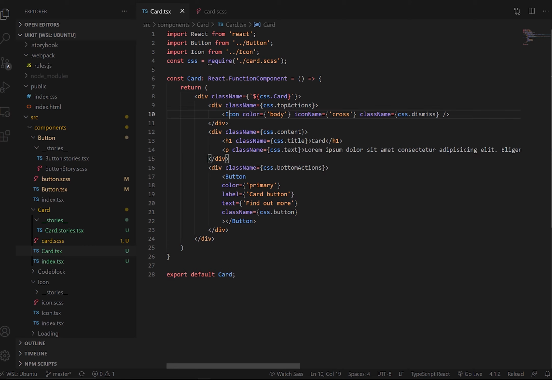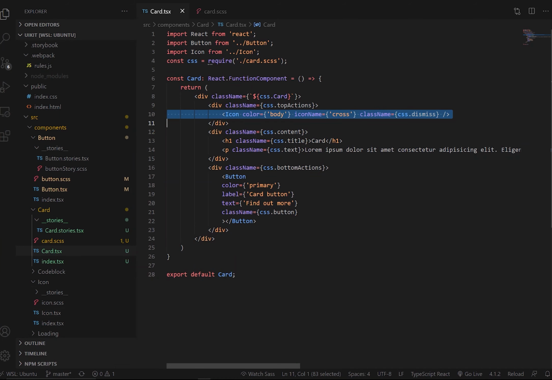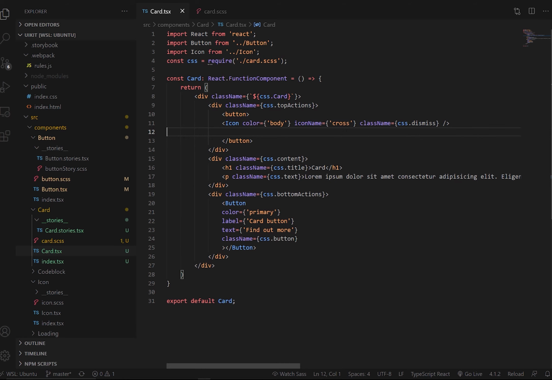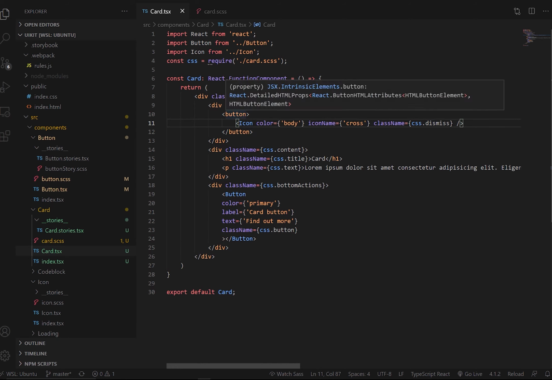So where the icon is, we want to add some logic. What we're going to do is just add a simple wrapper around the icon, and we're going to add a button. We're just going to add a normal button element. We're not going to add a button component that we've built because that's separate. That's got a different purpose and a different set of styling and all kinds of things. We just want a normal button component where we can get the on-click event